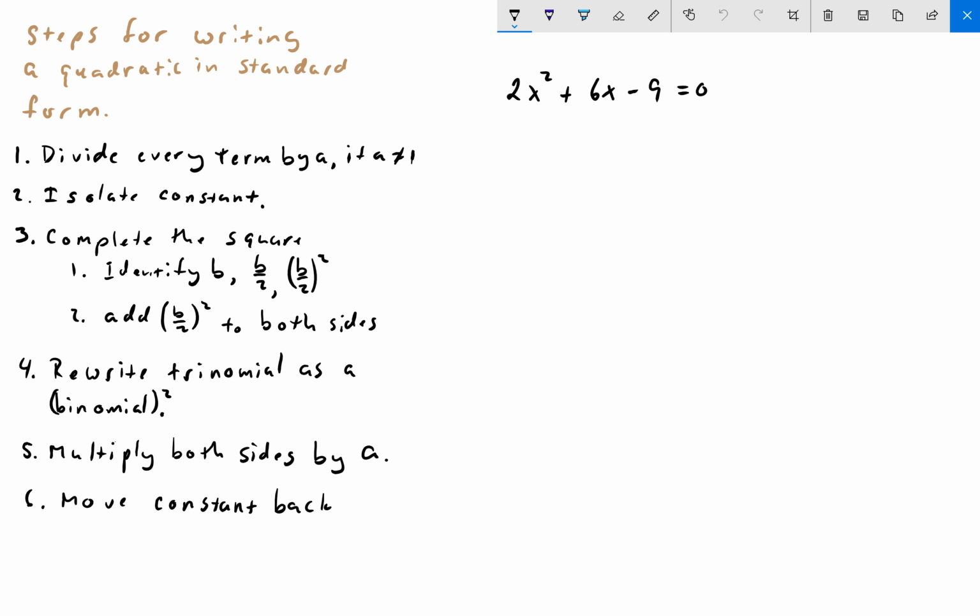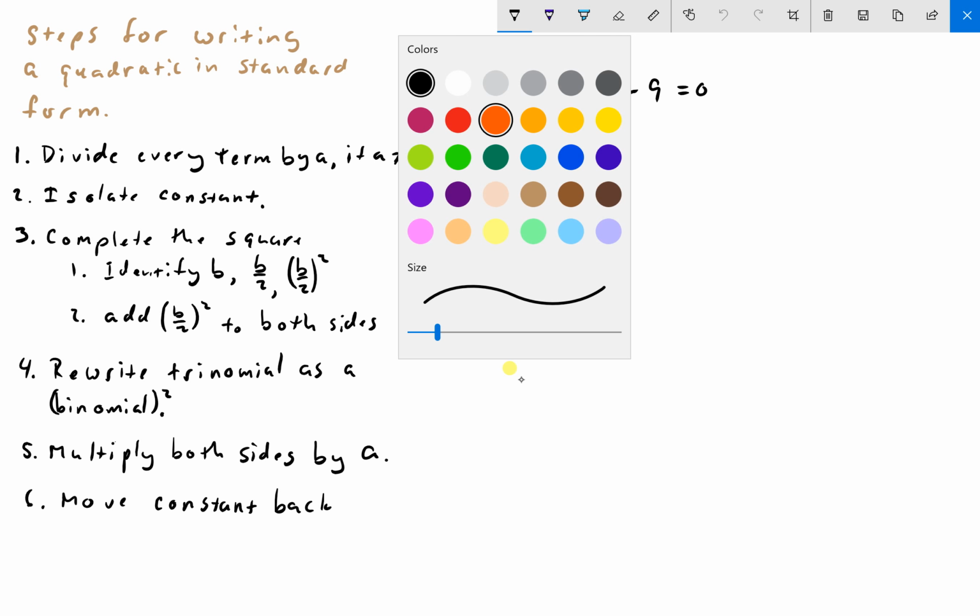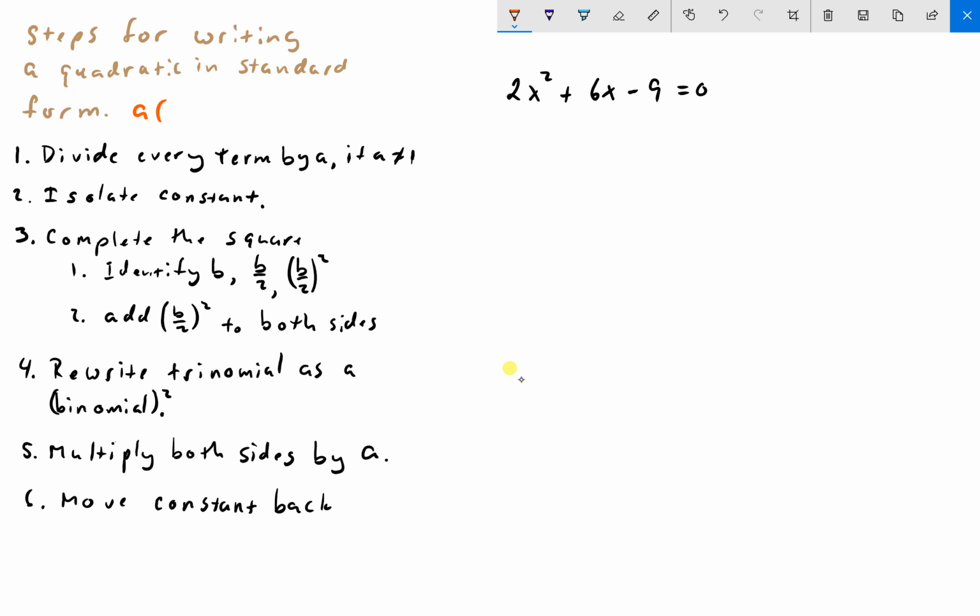We're going to do a video on steps for writing a quadratic in standard form. And standard form, I'm going to just say, is when it looks something like this: a(x minus h) squared plus k equals 0. And the reason why this is useful is because, as you may have remembered, our a here is going to